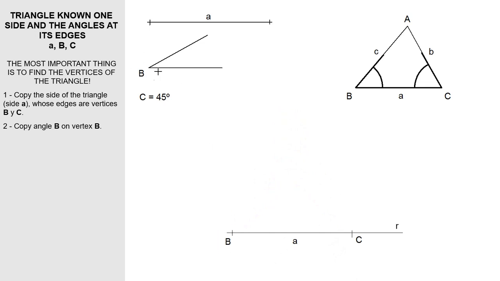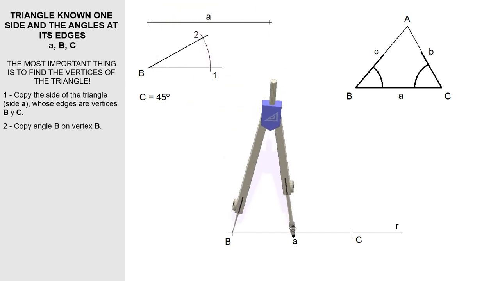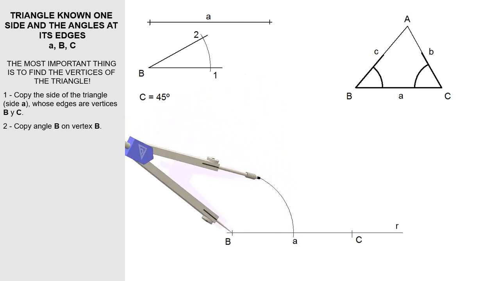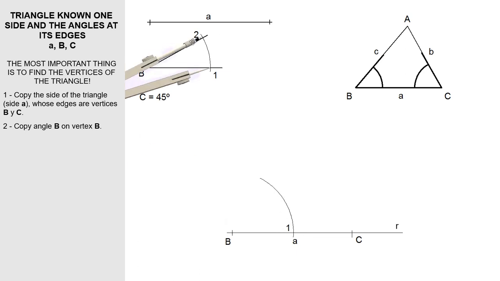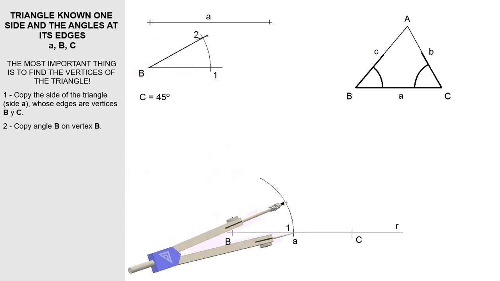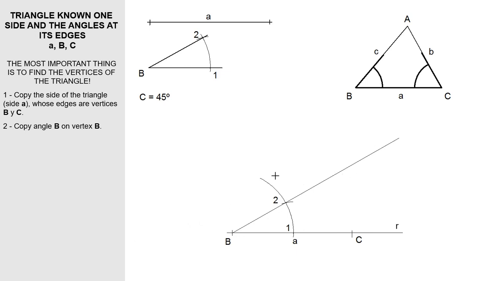Using point B of the angle as center, we draw an arc of any radius that meets both semi-straight lines at points 1 and 2. Using the same radius and center the point where we are going to copy the angle, vertex B of the triangle, we draw another arc that meets the semi-straight line at this point 1. Now we copy the length of the chord 1, 2 using the compass from this point 1, finding this point 2. So the semi-straight line that starts at point B and goes through 2 forms an angle congruent to the given one, which means that vertex A has to be on this line,